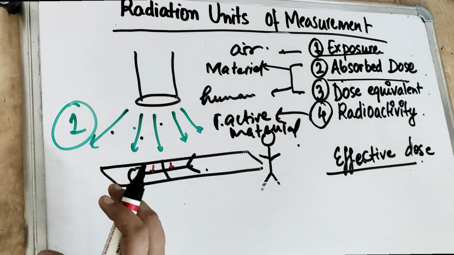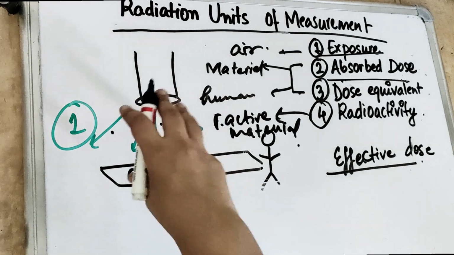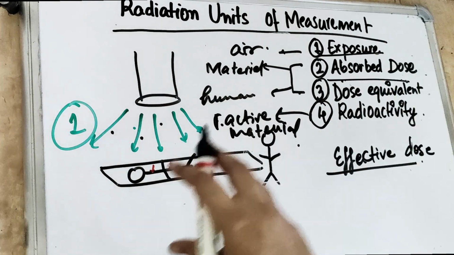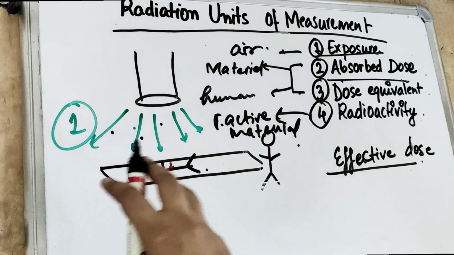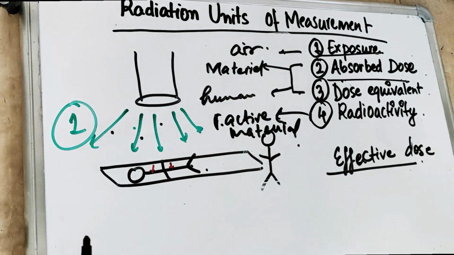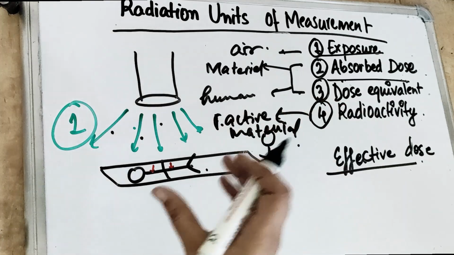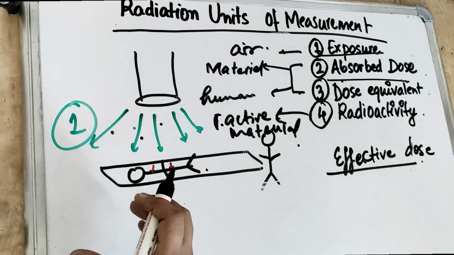So the dose which is going to cause an effect on the biological tissues, we will cover in the next video, what the effects on biological tissues are. The dose which is going to make some effect on the body tissues, that is the dose equivalent. This is the basic unit of radiation protection. We'll study it in radiation protection also in NEET, we are going to cover.